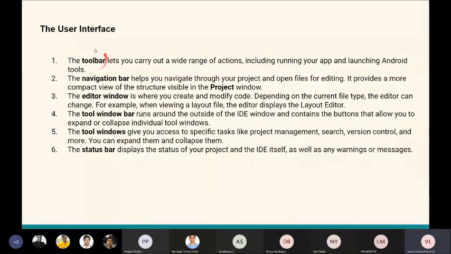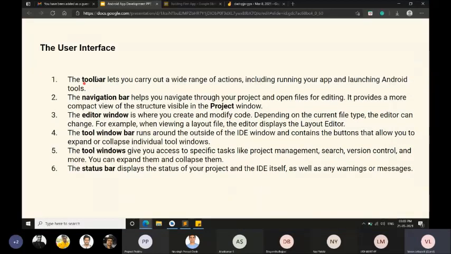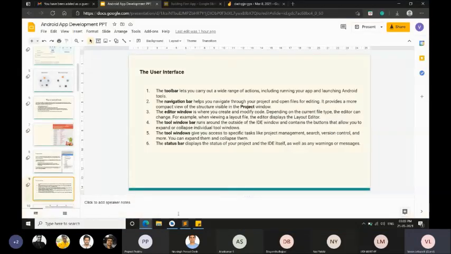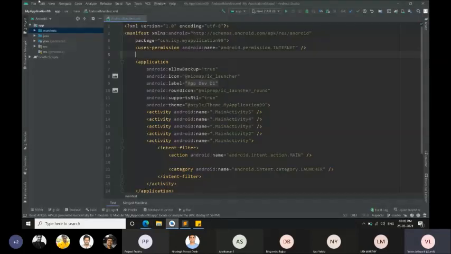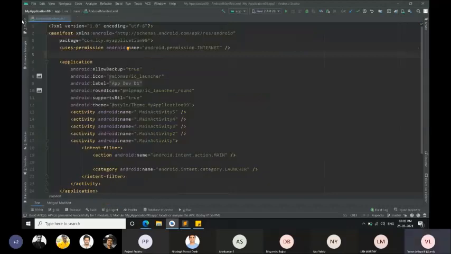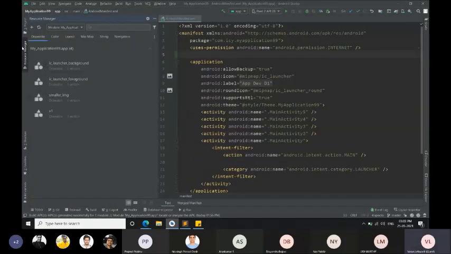So the user interface, just as we have talked, Android Studio will be having this toolbar, navigation bar. Let me just show that. This is the toolbar. Sorry. So on the top, which we have, this is the toolbar. So this is one tool window. So there are so many tool windows.